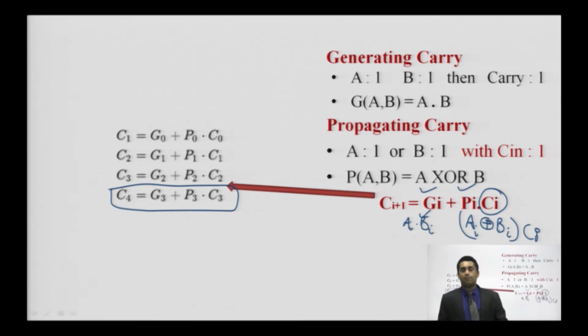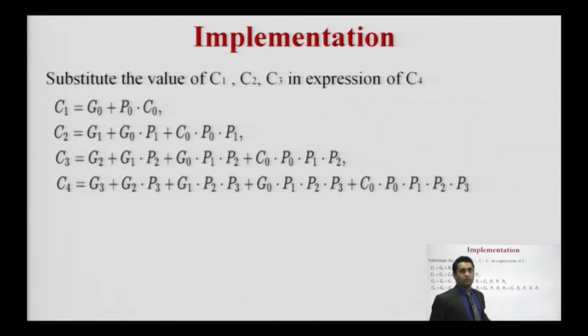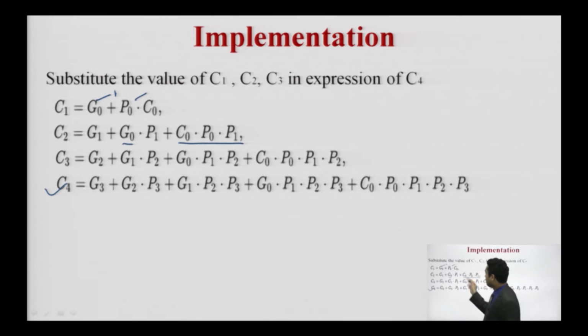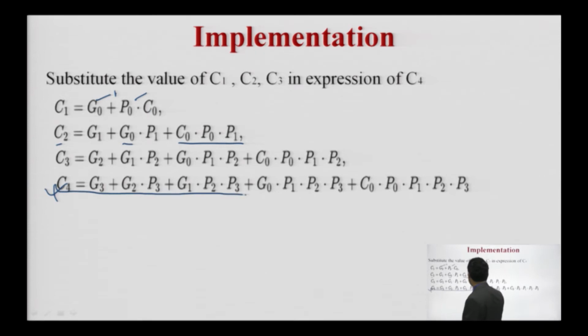When we are elaborating, we are putting these original expressions into the main one. So this is the resultant. Now I am going to substitute the values and this part is the resultant one. As I am talking about this part, you can also explain this as the AND gate and this as the XOR, and this part is replaced here. Then the next one is C2. You can replace this part in C2, then C3. So at the end you get this expression.